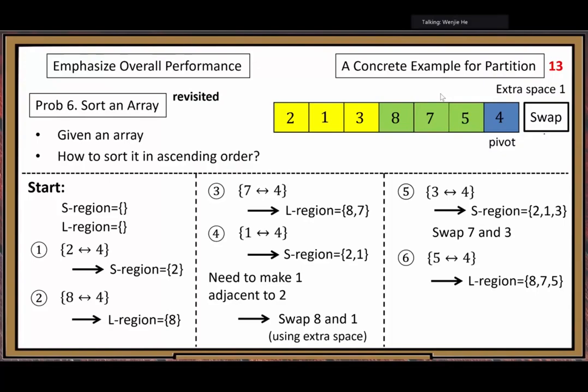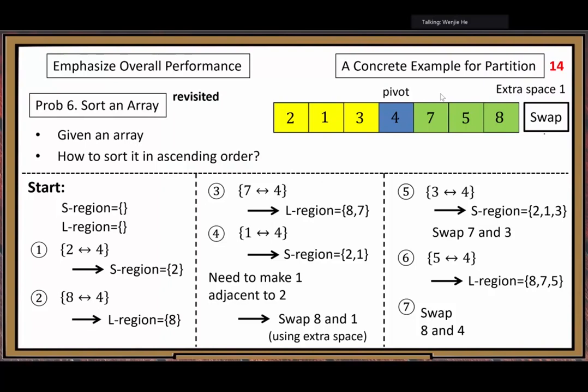Another swap on this pivot element with element 8. After that swap, you can see the pivot element is in place. Then the data is separated into two regions, left subarray and right subarray, and they satisfy the desired properties.